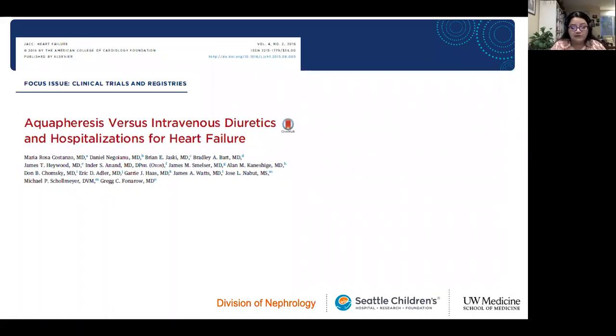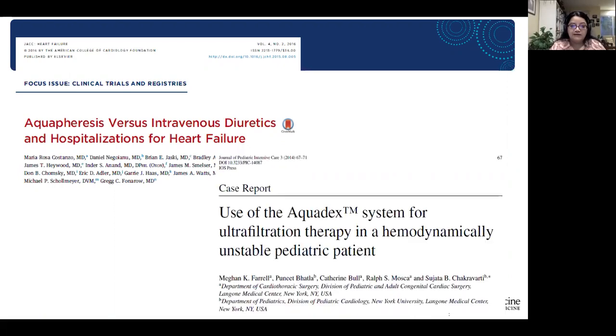Now, if you look at literature on Aquadex, lots of papers were published back in the 2010s on the use of Aquadex for patients with heart failure, comparing it with IV diuretics. And that was the initial intended population for this device. There were a couple of case reports of using Aquadex for ultrafiltration in smaller patients as well, but it somehow didn't really get a lot of traction in that market, and I think it wasn't used as commonly as they